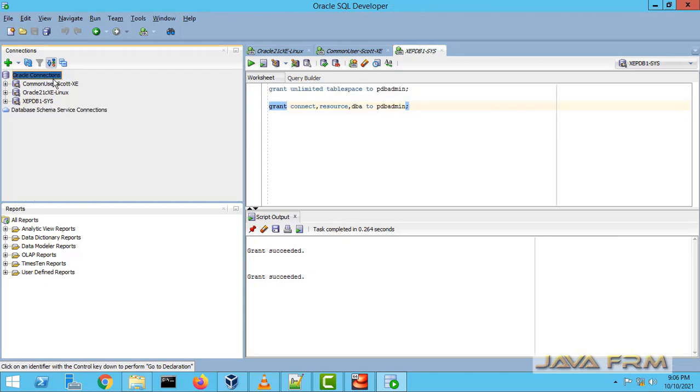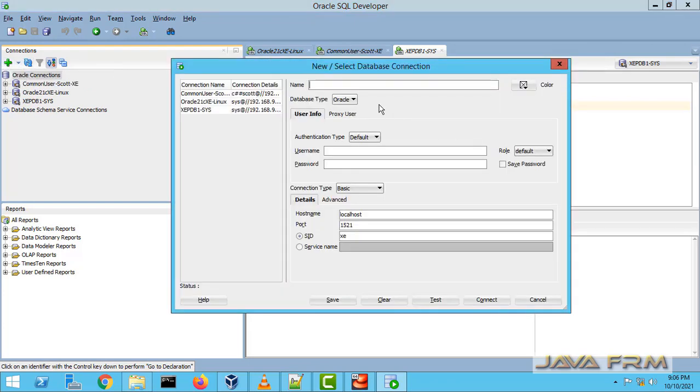Okay, let me minimize it. Now I am creating one new connection. Now I am going to connect the pdbadmin user to the XEPDB1 pluggable database. Provide the password for pdbadmin. Role is default role.